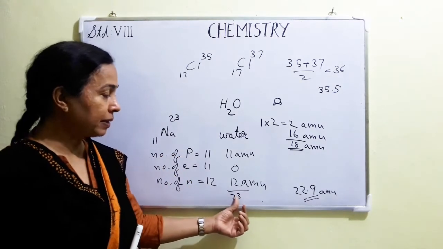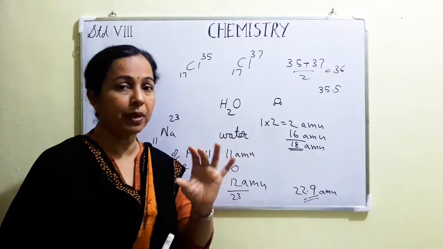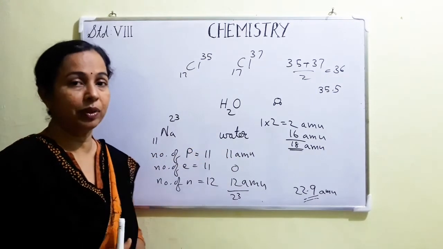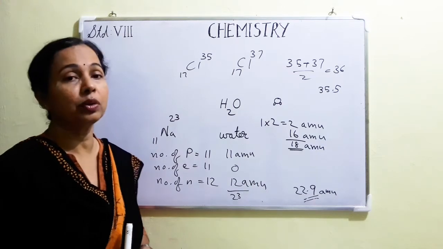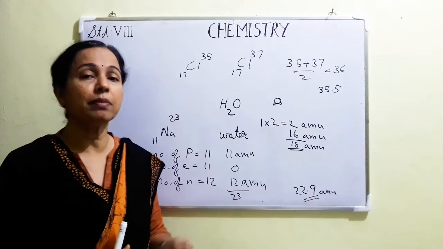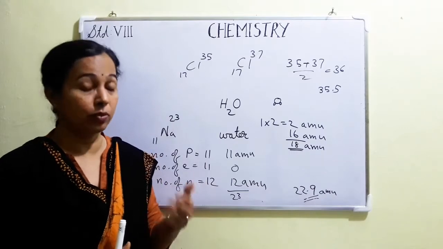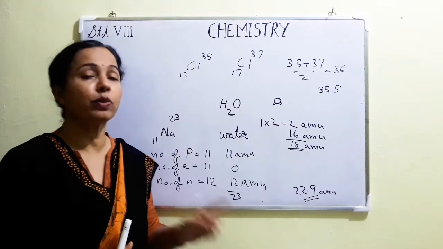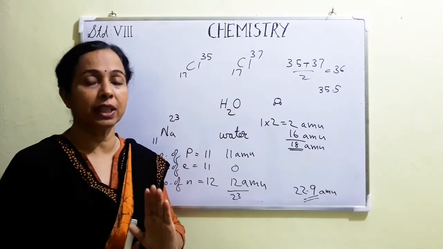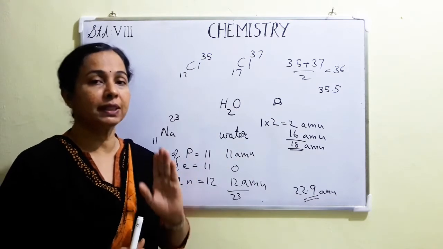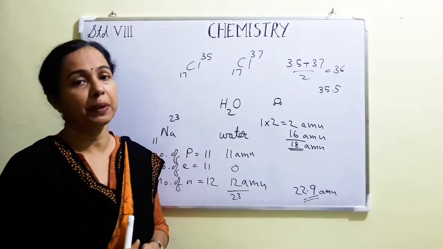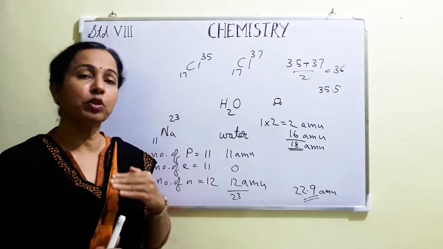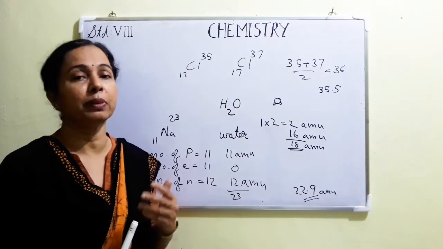But mass number and atomic mass are almost equal. It's the reason I proved here. And for you to understand, wherever atomic mass is needed, we can write the mass number itself, because that is what I showed you. When you round them off to the nearest value, all these atomic masses are almost equal to the mass number, except chlorine. So only up to atomic number 20 we have to learn this mass number, atomic mass, etc.